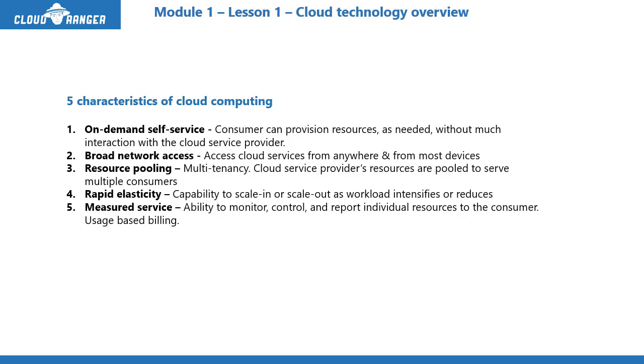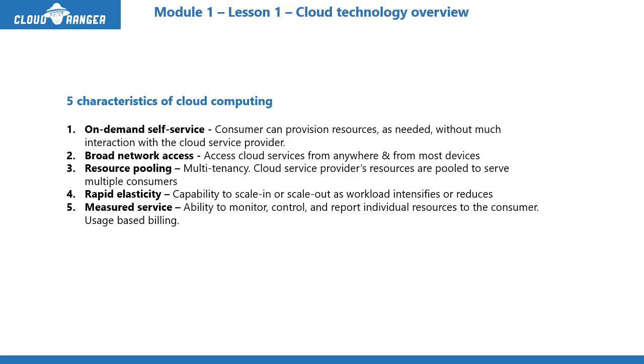So rapid elasticity means that you should be able to spin up more virtual machines, or utilize more resources, like more storage and more networking, and you should be able to do that. That's why it's called elasticity, right? It's like elastic that you can pull and let go. It will shrink and expand based on your need. We'll definitely get into that huge concept of rapid elasticity in the further lessons on how you do that. But that's one of the characteristics that cloud computing should have.